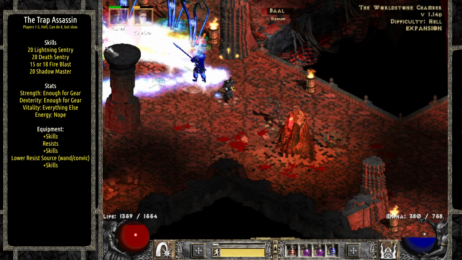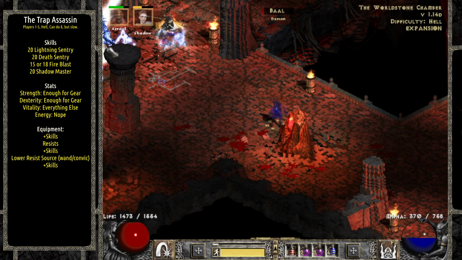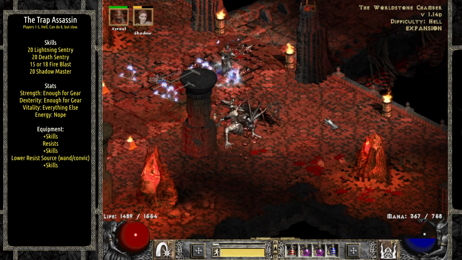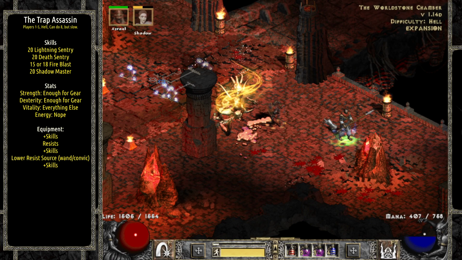Only one other class can really do that, and no, it's not Necromancer. Necromancer's swarms are kind of stupid, and they won't go around corners on their own. You have to walk them over there and say, hey, there's the enemy over there. You go kill them, right? The only other class that can really do it is the Hydra Sorceress, and that you don't get until level